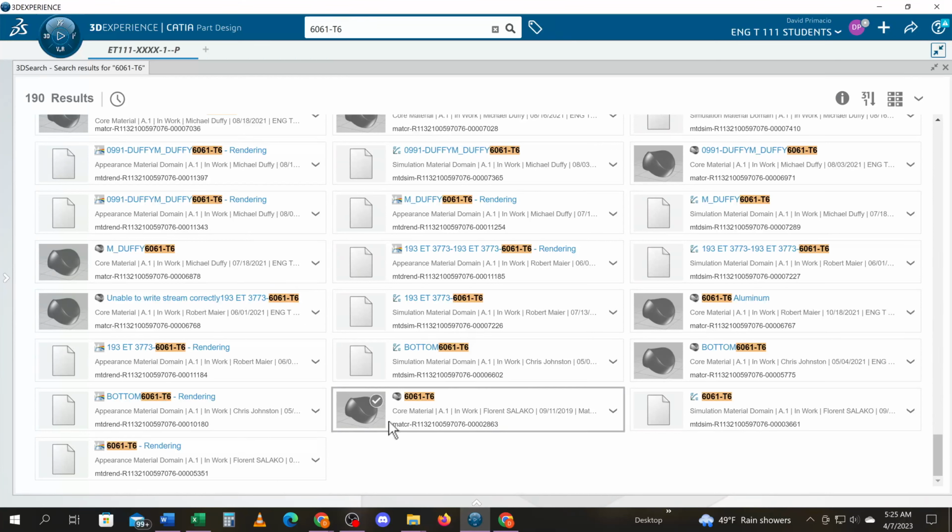I'm not really sure. But to apply that material, what you do is you hit the down arrow and open it. Or no, sorry, apply, and then the hourglass comes up. It's thinking about it. Now, you would think it would just make the screen go away, because I'm done selecting, but you actually have to close it off on the top to make it go away. So I'm going to close that off,